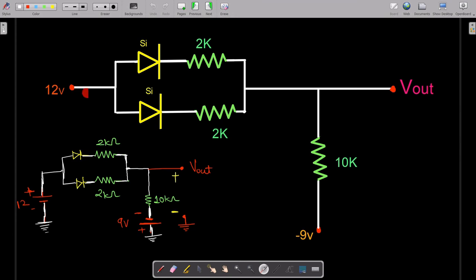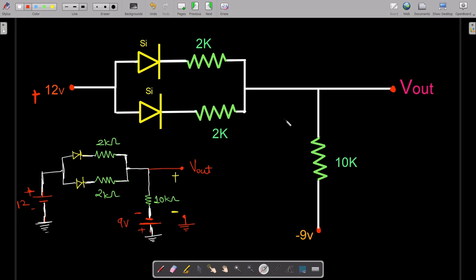So as you can see, this was the circuit given to us. Obviously, this is plus 12 volts, which you have to assume, and this means that it is positive 12 volts with respect to ground, so that's why we connected it to ground. Similarly, over here it is given that it is minus 9 volts, so that's why we connected the positive side to the ground.